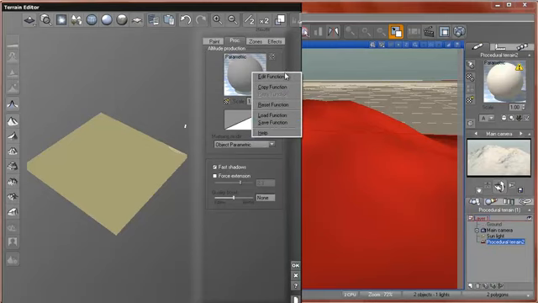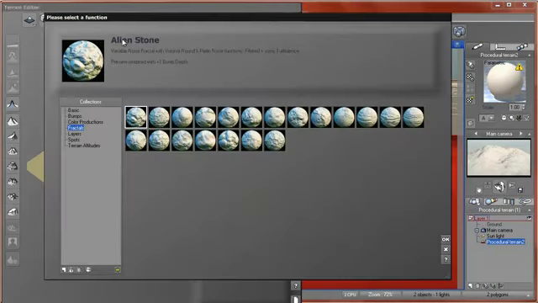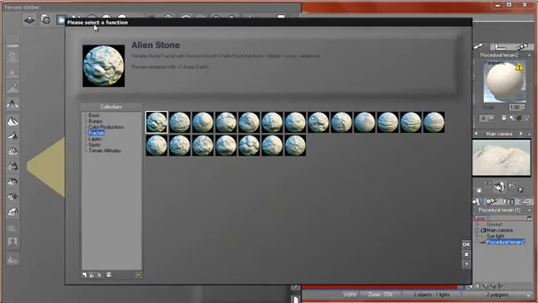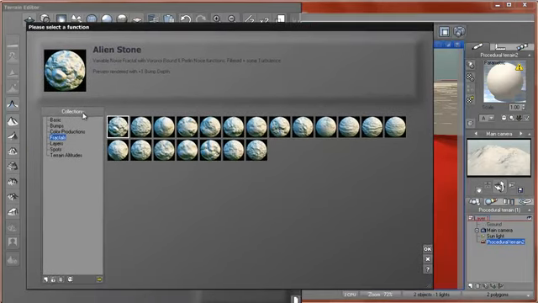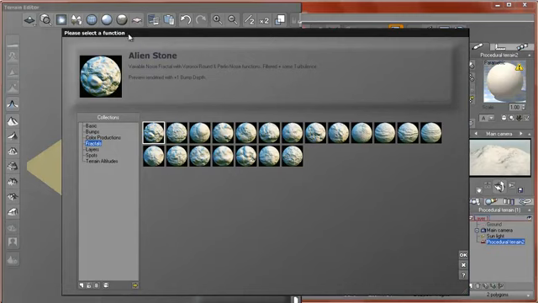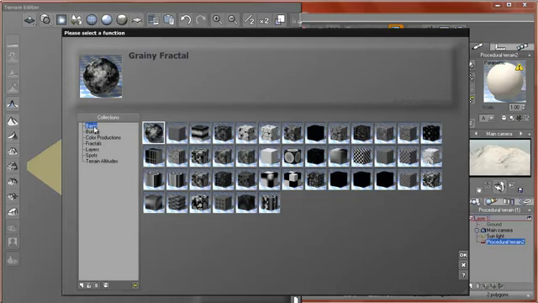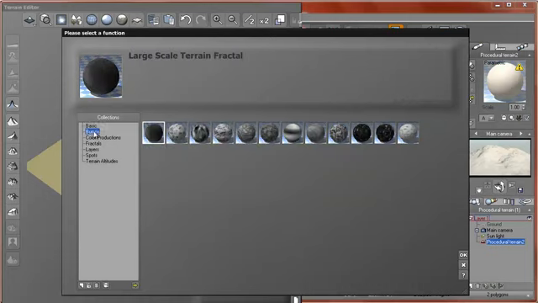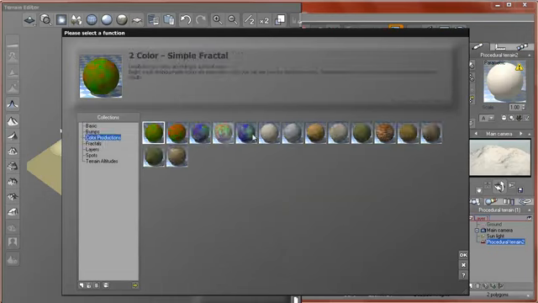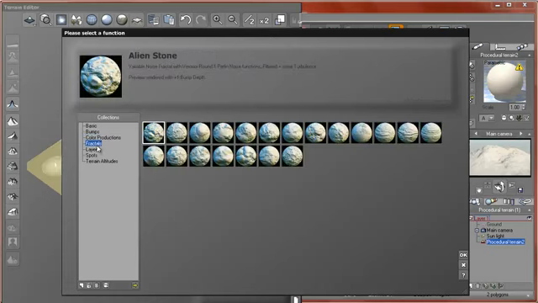Okay, so we have edit function, copy function, paste, reset. Okay, load function. Here for example, if I click load function, Vue is going to open a window of collections which contains a variety of functions. As you can see, we have basic, which are simple functions, bumps, as you can see here. These ones you can use in the material editor, as you will see later on, or simply in your